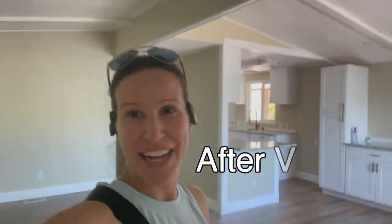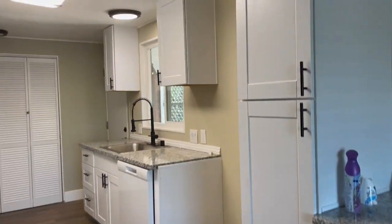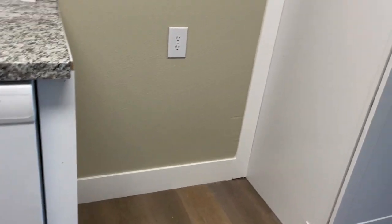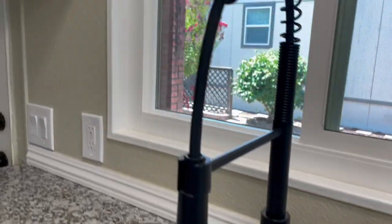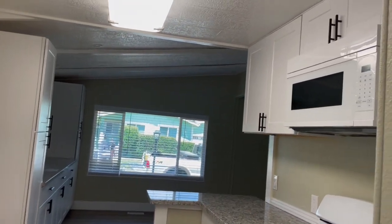Hey y'all, I'm here at 69 Hancock in Roseville. This is a gorgeous double wide. So we have this beautiful, beautiful brand new kitchen with brand new appliances and this extraordinary flooring. Look at all that beautiful storage, dishwasher, sink. New windows throughout, dual pane windows, making it energy efficient. I love that vaulted ceiling there, huh? Then we have